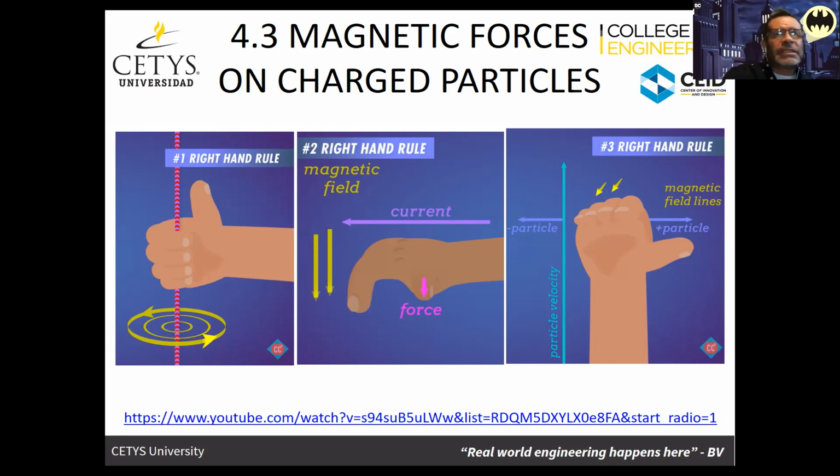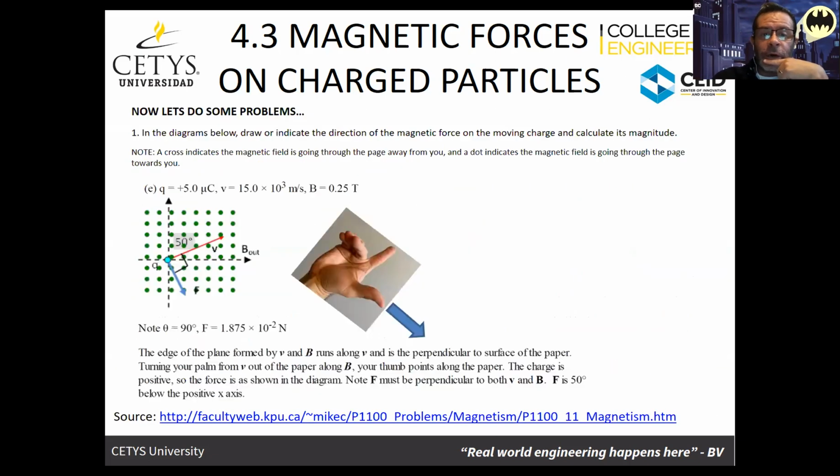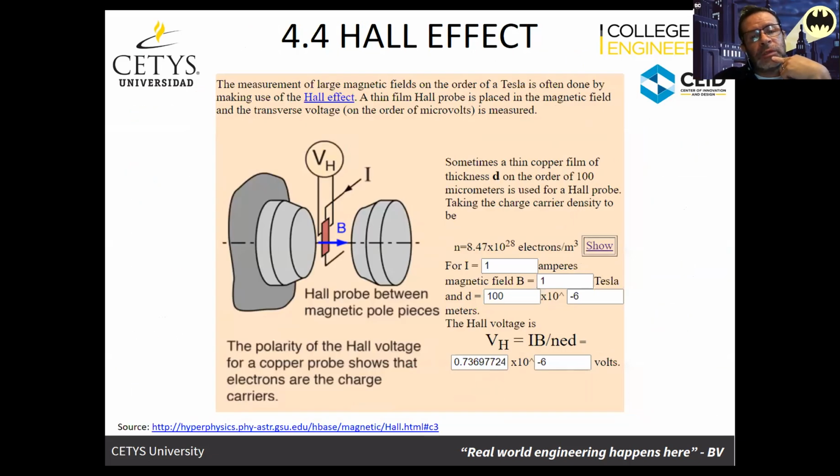Magnetic field, something that is charged moving through that magnetic field, there's going to be a force. Everything is related to these three things. If you're going to remember something from this unit, it is these three things. Okay. And so we go to